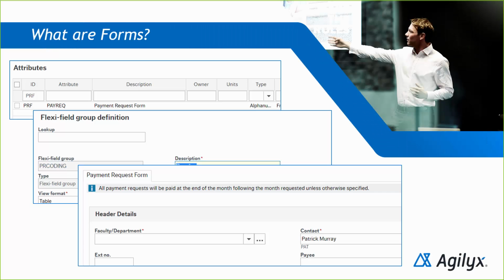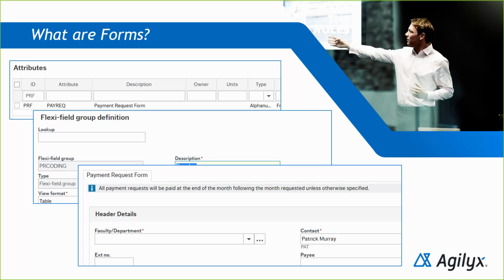So we start off. What are forms and how can we use them in UBW? Forms are effectively user-defined tables that allow an organisation to store information that maybe Unit 4 didn't think of. An example would be a posting attribute that says you have a mobile phone and that you post cost to a mobile phone. Well, you may want to have additional information linked to that mobile phone, for reporting purposes or whatever. So you can have things called FlexField groups, and these FlexField groups can add in information like the resume of the person that has the phone, the phone number itself, or the company that owns the phone, additional things like that. So these would be classed as a FlexField group, and that FlexField group is effectively a collection of